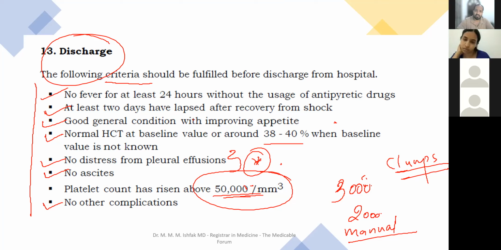When we were discharging him, the platelets were 18,000. So we told him, okay, just relax at home. Don't worry, this will increase in no time. He's an over enthusiastic sportsman, a rugby player. He has not rested, he has gone to play rugby. Then what has happened is after around 4 days,